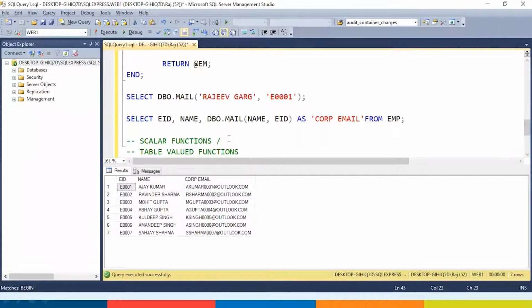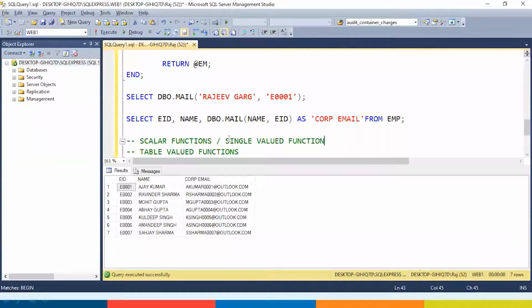Scalar functions are also referred to as single valued functions. Scalar functions are the functions which will return only a single value. A function can take any number of arguments but will return only a single value. So these are known as scalar functions.